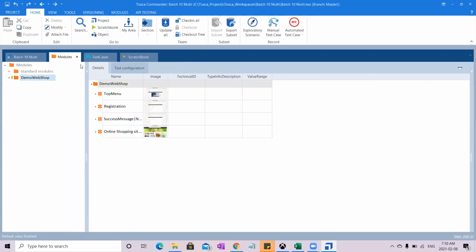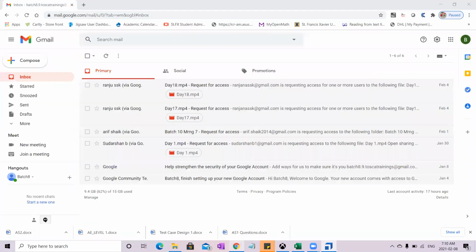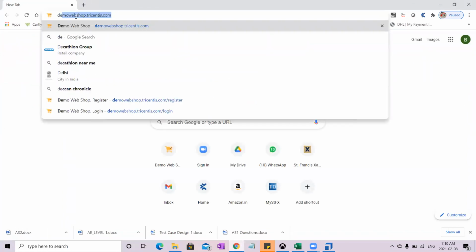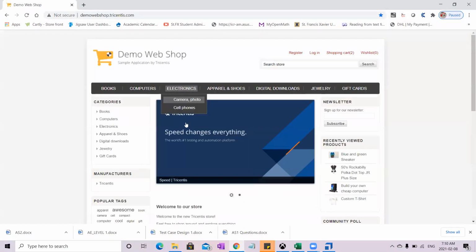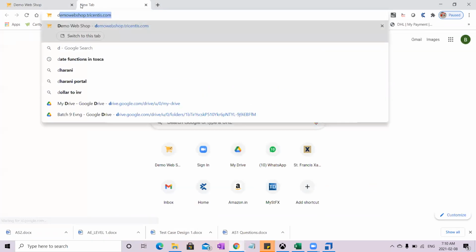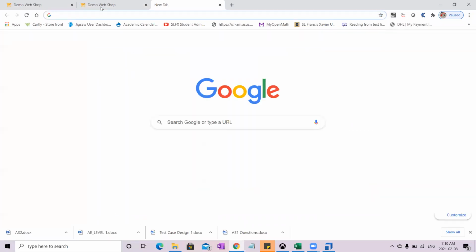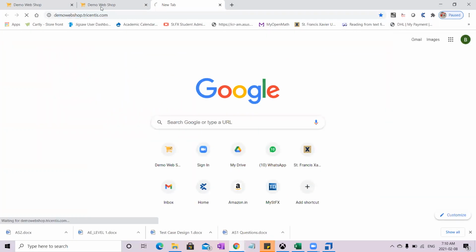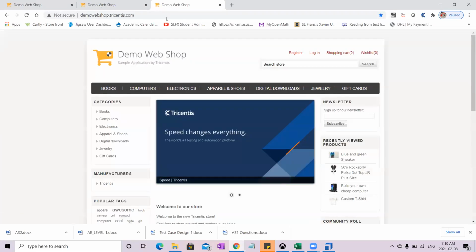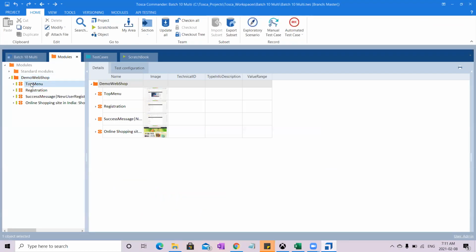Okay. So now let's go ahead and discuss some other properties in demo workshop today. Let me open demo workshop. And I have another demo workshop also open, and another one also open. So how many demo workshops do I have? Three are in open state. Right. And now I will say